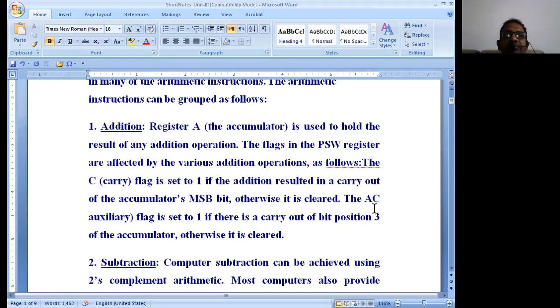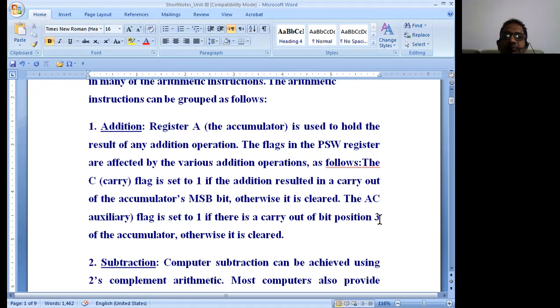Similarly, the auxiliary carry flag, called the AC flag, is set to 1 if there is a carry out of bit position 3. The 8051 is an 8-bit microcontroller, so we can also perform 4-bit operations, called nibbles. When you start from 0, position 3 is the fourth bit.